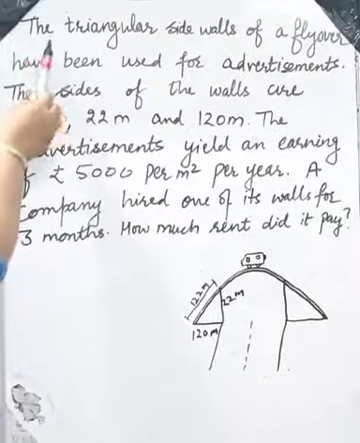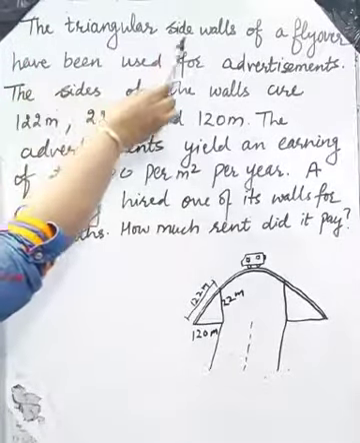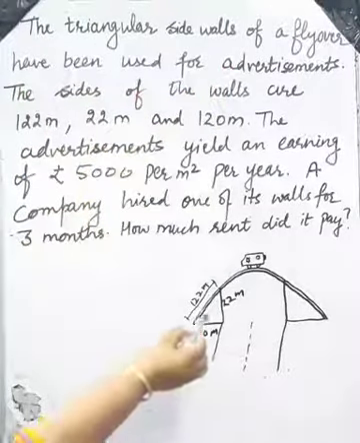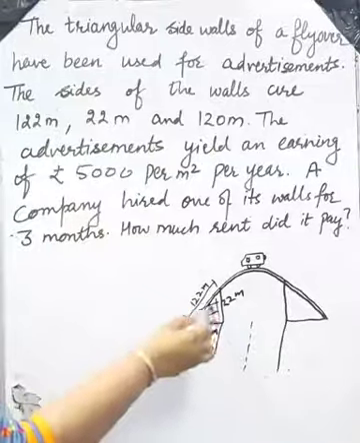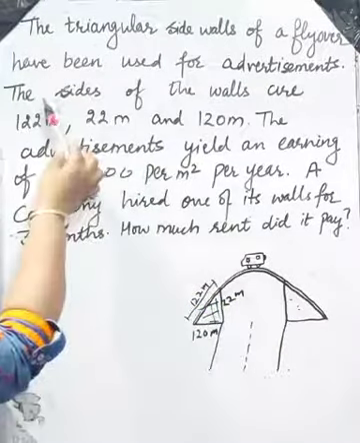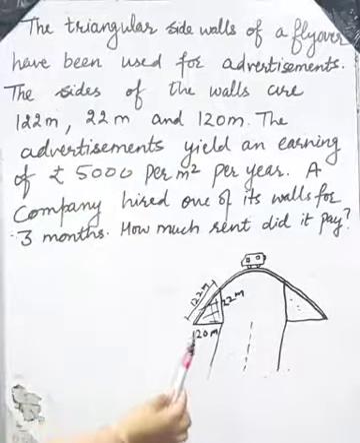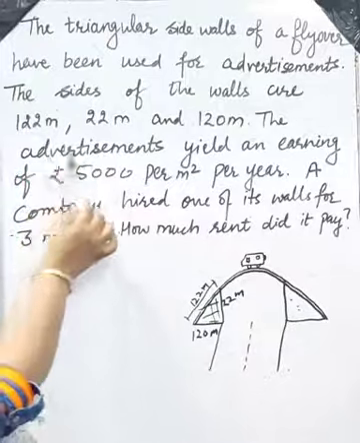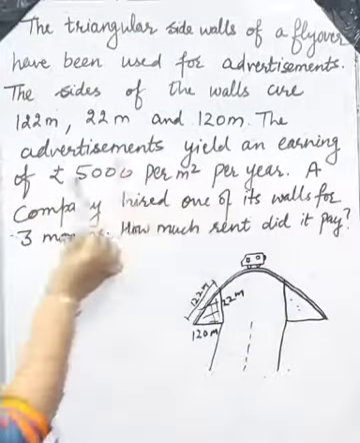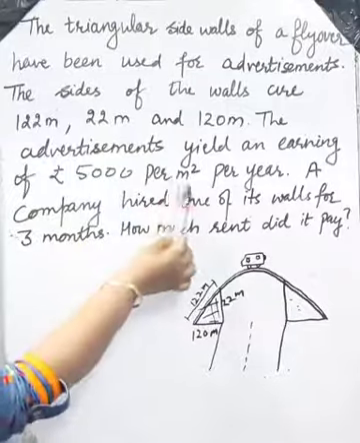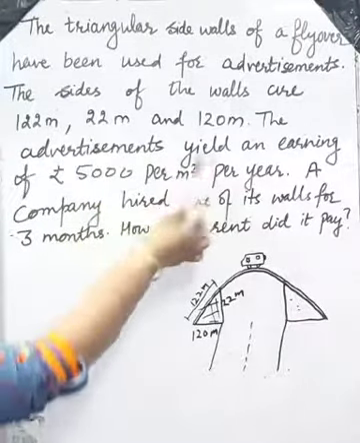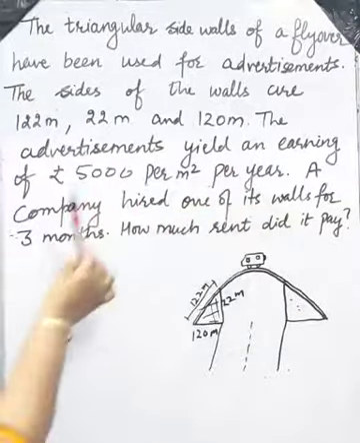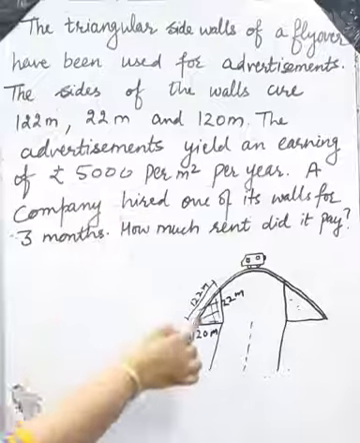Question of exercise 12.1. The triangular side walls of a flyover have been used for advertisement. The sides of the wall are 122 meter, 22 meter and 120 meter. The advertisements yield an earning of rupees 5,000 per meter square per year. A company hired one of its walls